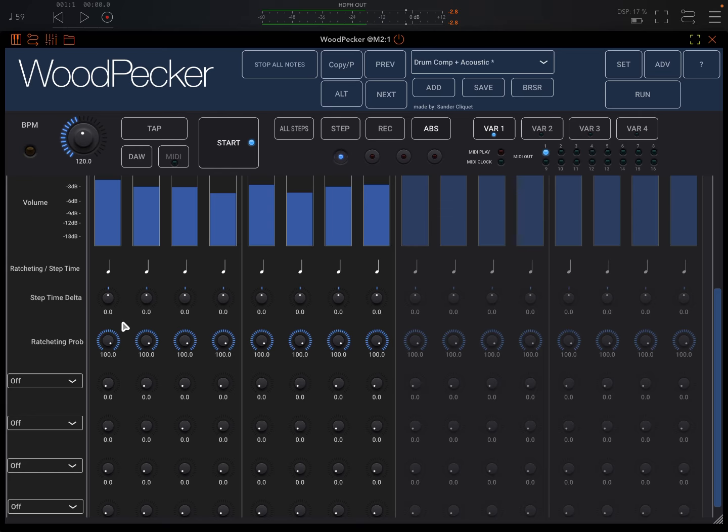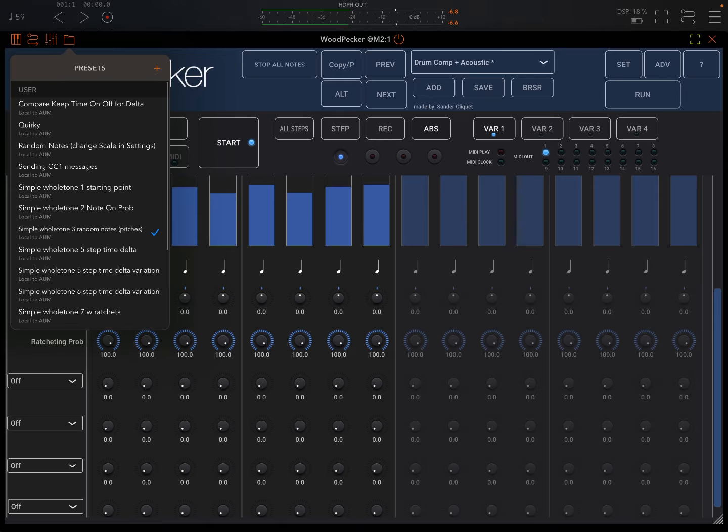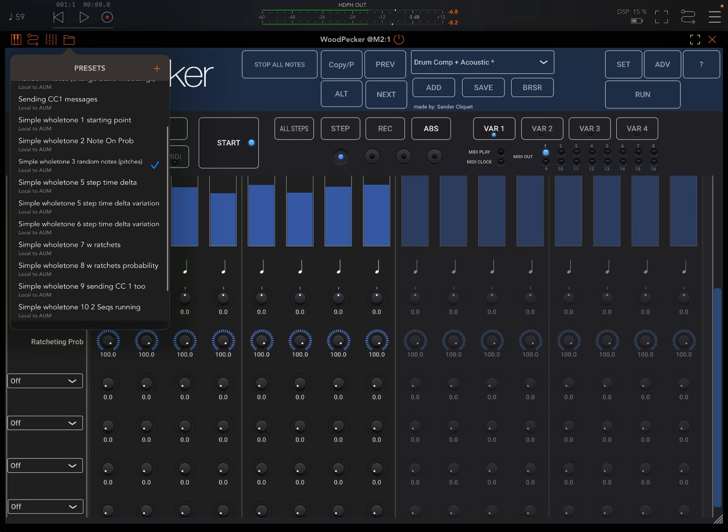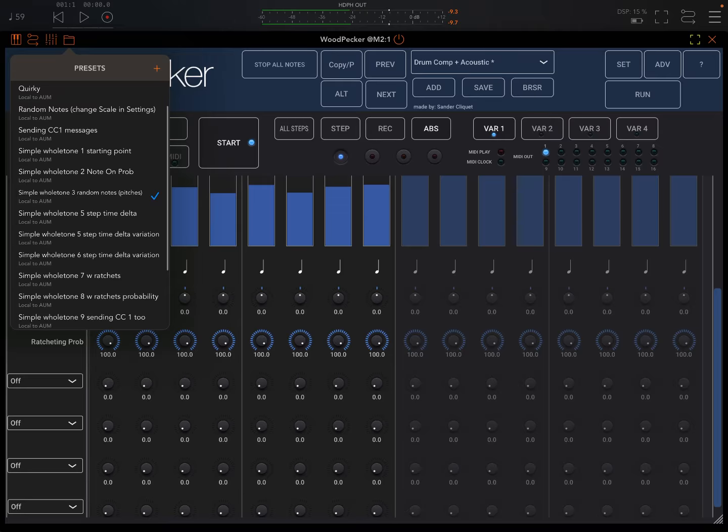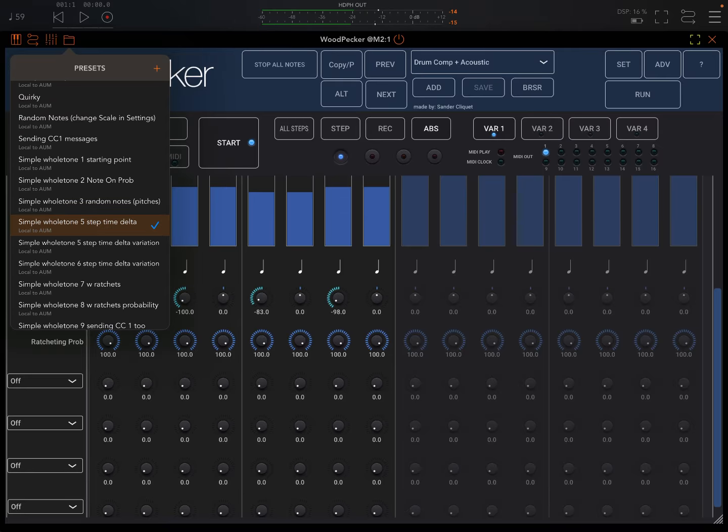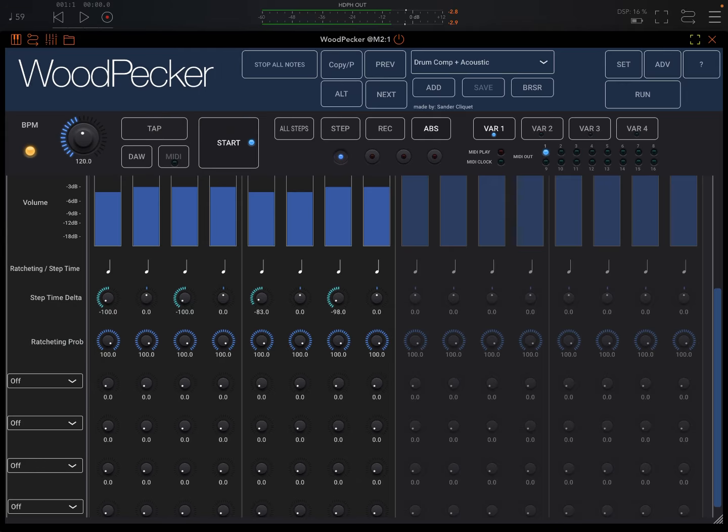Now, then we have ratcheting possibility. Well, actually, let's look at something else first. Hang on. Where's my number 4 here? Did I forget number 4? Guess so. Okay, so